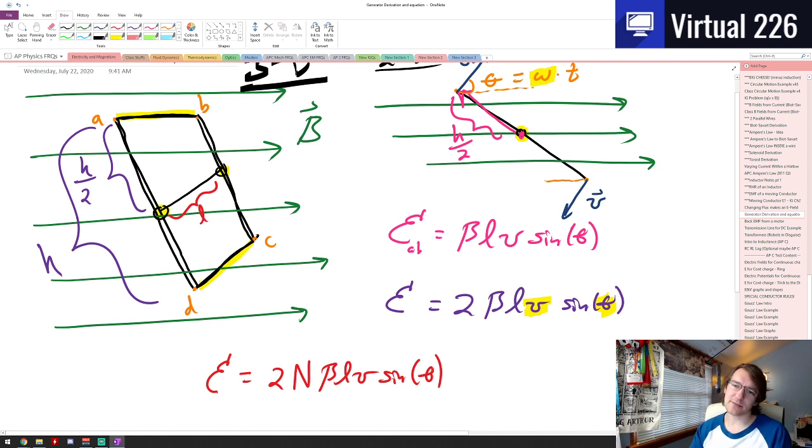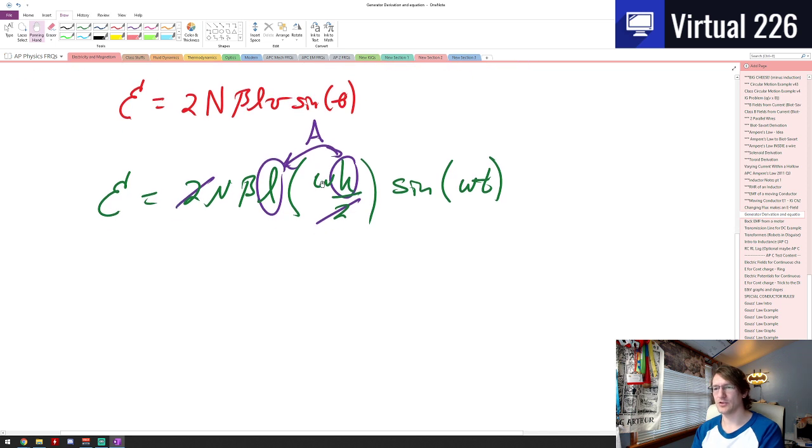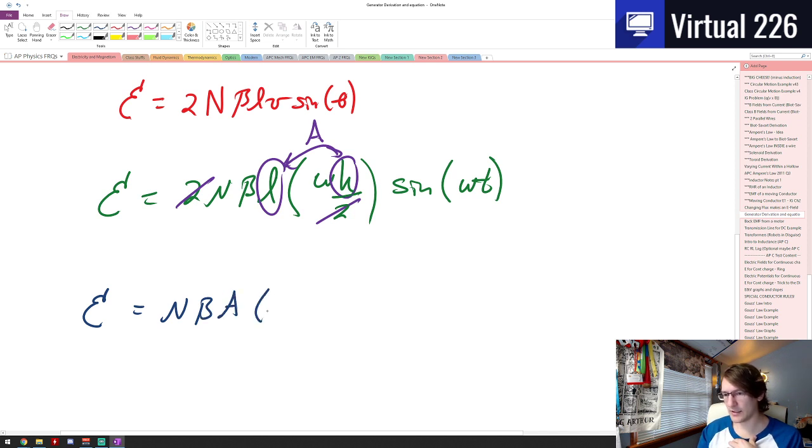And if this entire segment here is h, and it's being multiplied by some length of the bar going across, well, that's actually going to give me all of this, which is an area. So I can go back down here and say, look, L multiplied with h, these two together are just an area. So let's write it like this now. I can say epsilon equals NB, there's my area, A, here's an omega, and then there's my sine of omega